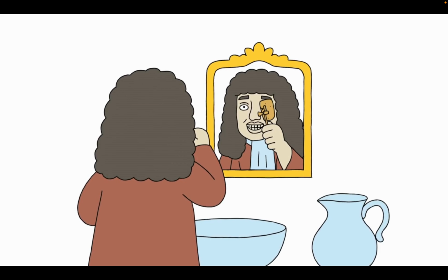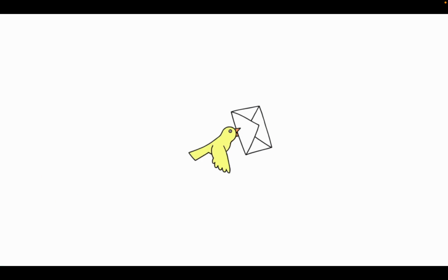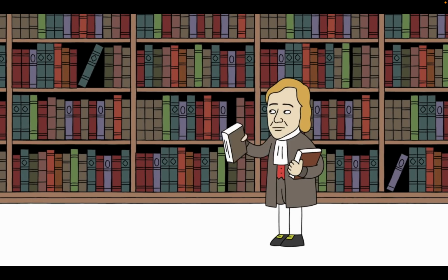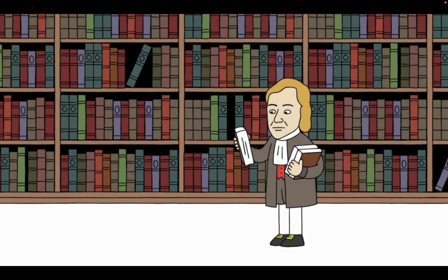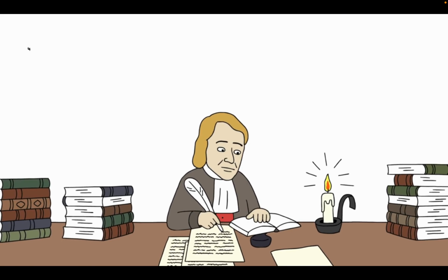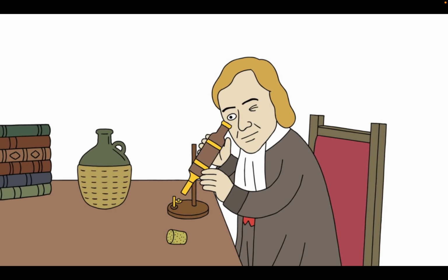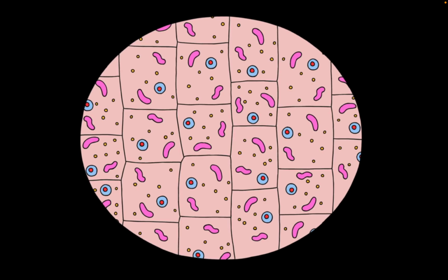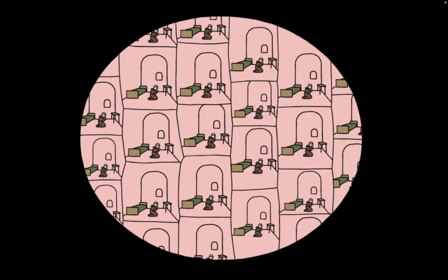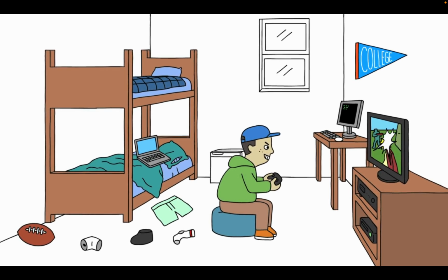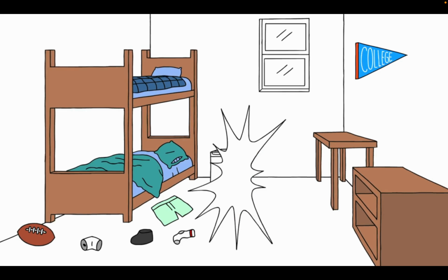While Leeuwenhoek was staring at his teeth gunk, he was also sending letters to a scientific colleague in England by the name of Robert Hooke. Hooke was a guy who really loved all aspects of science, so he dabbled in a little bit of everything, including physics, chemistry, and biology. Thus it is Hooke who we can thank for the term the cell, as he was looking at a piece of cork under his microscope, and the little chambers he saw reminded him of cells, or the rooms monks slept in their monasteries. Think college dorm rooms, but without the TVs, computers, and really annoying roommates.